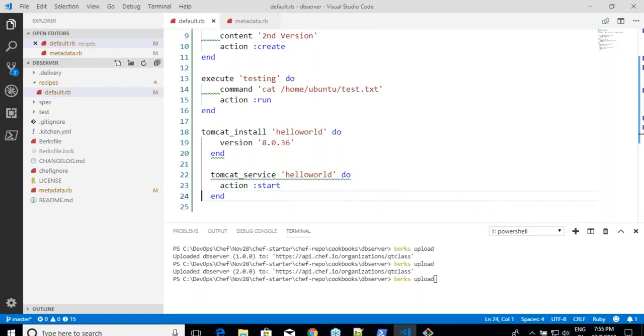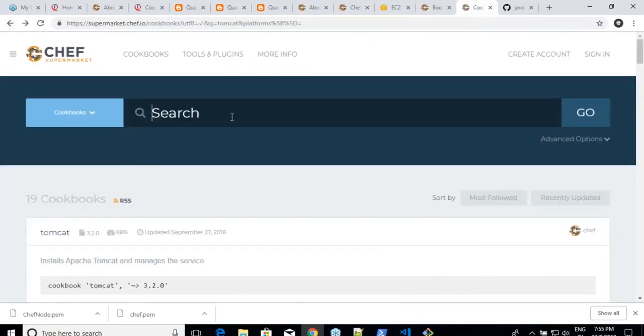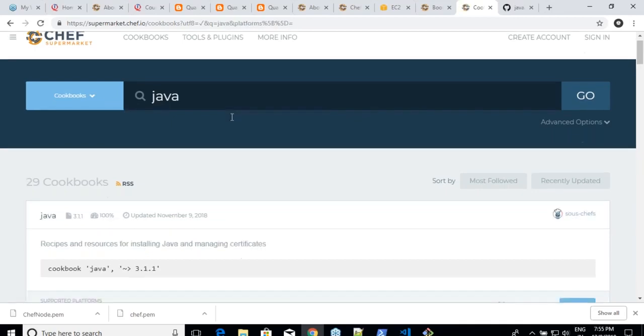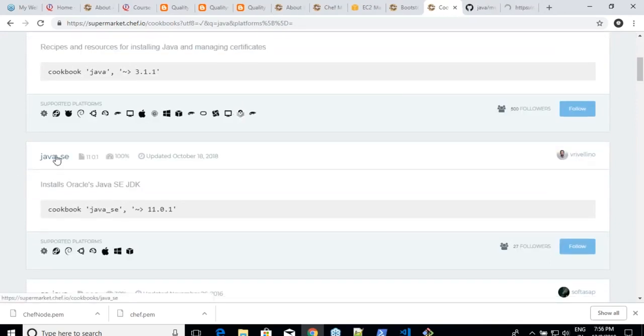Are you seeing this? In this case, the only way for you to use the cookbook is don't make assumptions. Have the patience to read through the documentation of it. So let me show you something different now. Okay. So we have looked into Tomcat, right? Before Tomcat we looked into Java. Now let me look into some other cookbook, which I'll call Java. Every cookbook's implementation need not necessarily be the same. So I go into this cookbook. I'm not really interested in how they have written it and all of that stuff.